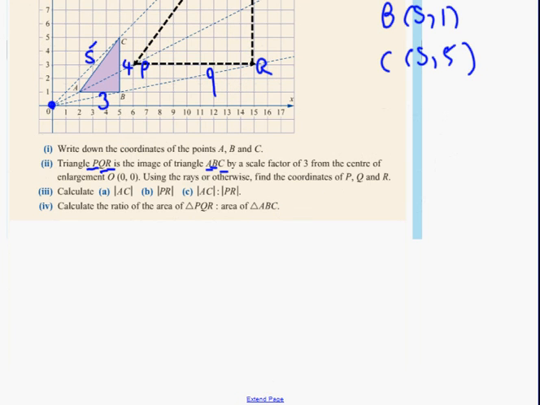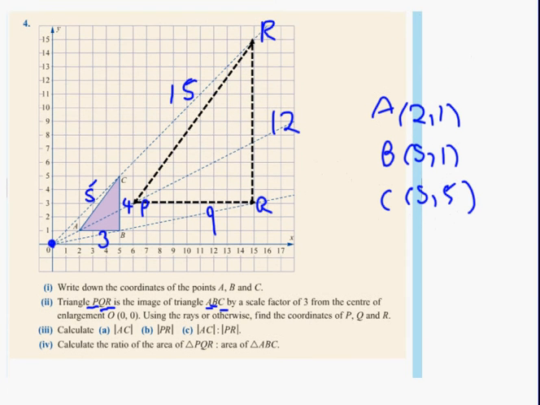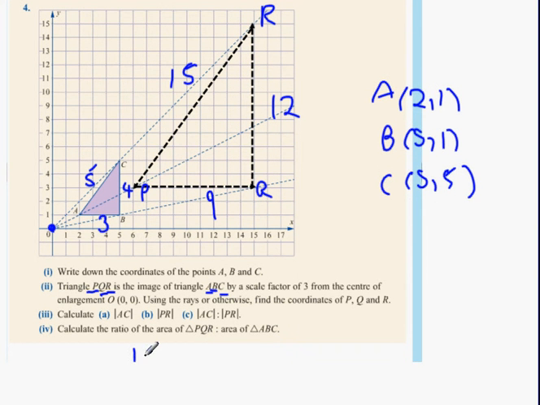Calculate the ratio of AC to PR. AC to PR is 1 is to 3 because it's a scale factor of 3. Calculate the ratio of the area of PQR to the area of ABC. What do we say about the scale factor is 3, so how much bigger is the big triangle than the small triangle in area terms? 9. 3 squared, which is 9. Ratio of 1 is to 9. Happy enough with that. Now,